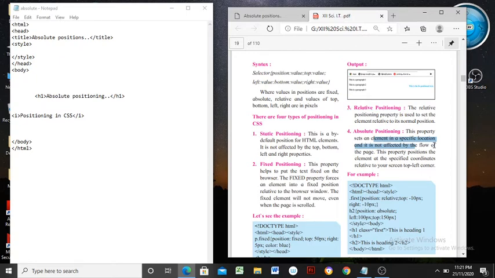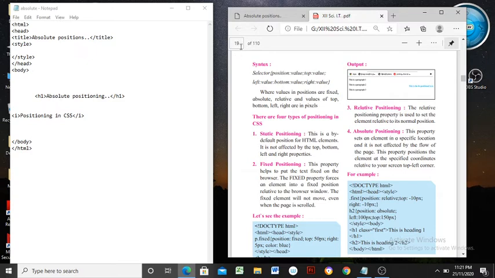It is not affected by it. This property positions an element in specified coordinates, see here, which are relative to your screen's top left corner. Means these effects get displayed starting from the top left.